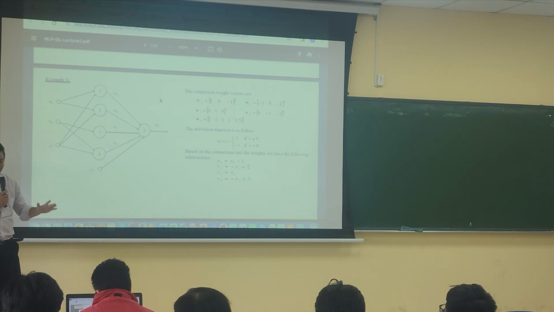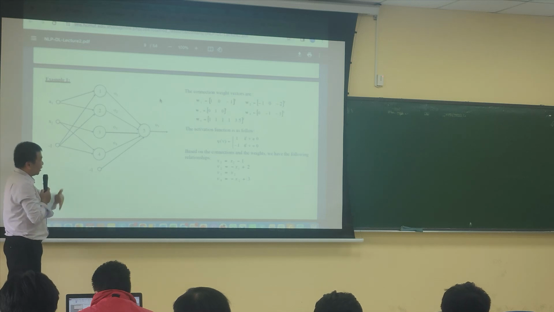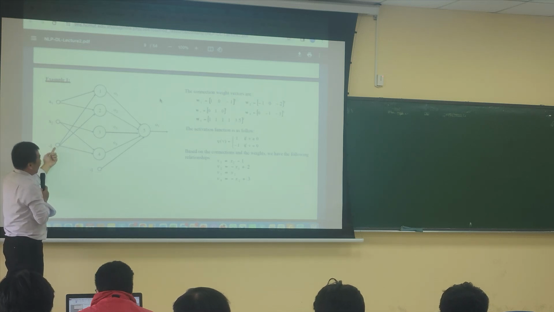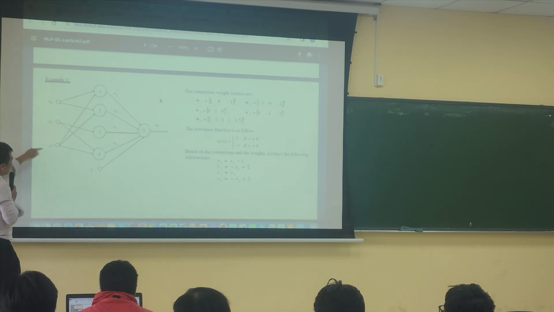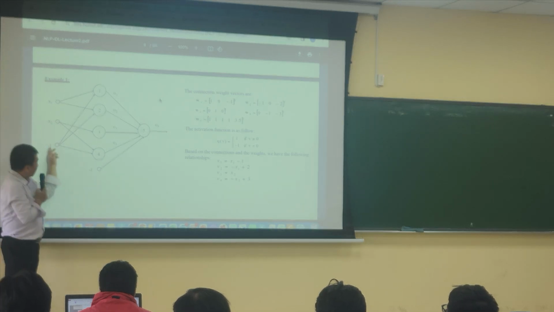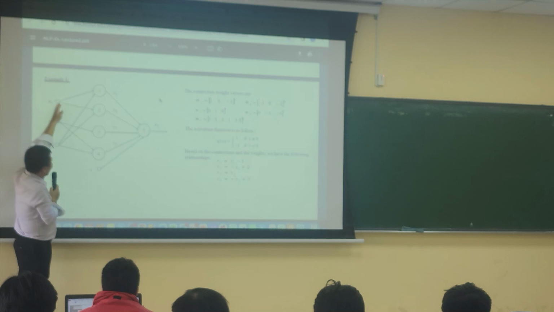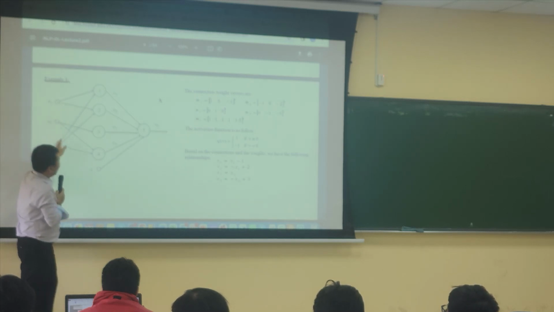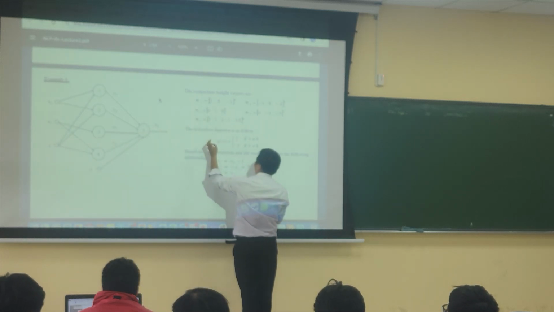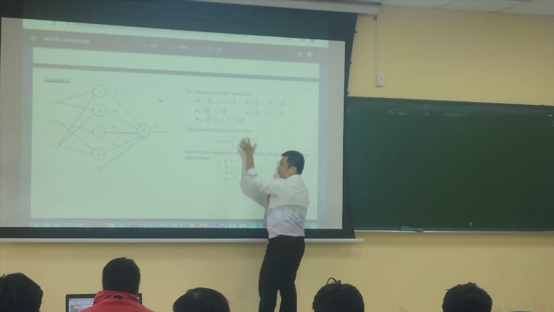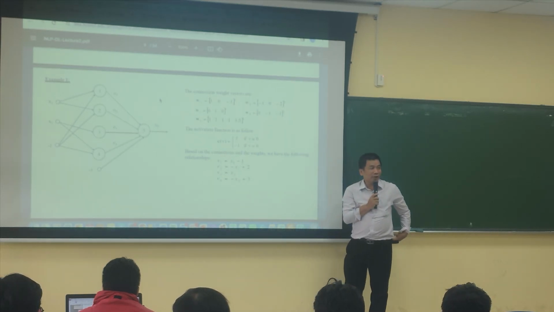Okay, they always need the bias in a real neural network. You may hear me explain why later, but now we don't have time in this class. But we always use a bias for each layer. So from here the weight is minus 1. And then you perform something similar to logistic regression. In fact, this is logistic regression. You perform the dot product between the input vector and the weight, and you get the result. The result we name V. And then activate. Similar to logistic regression, you activate.